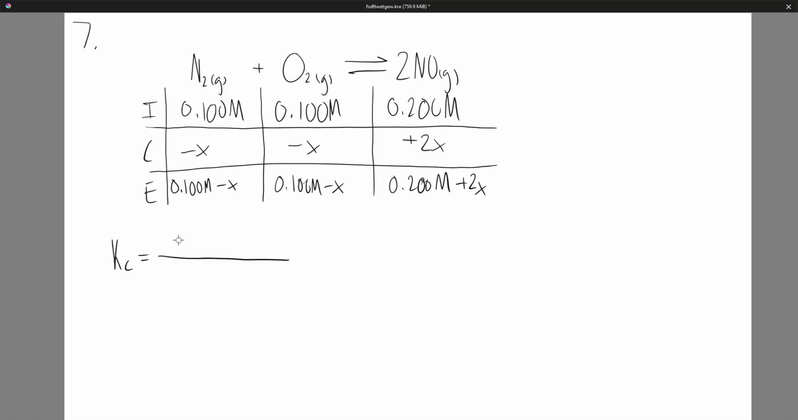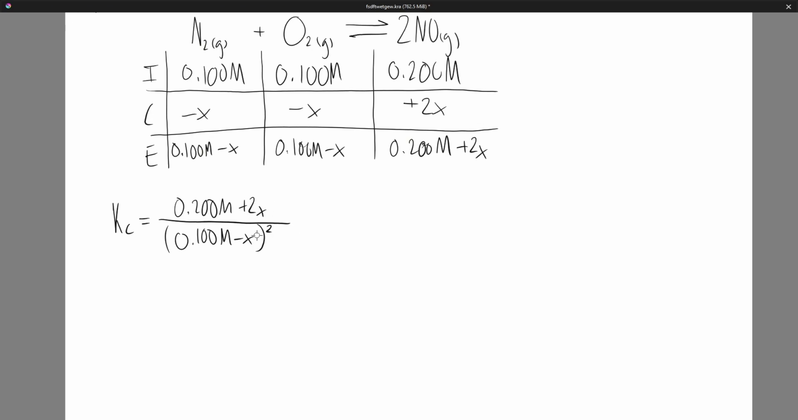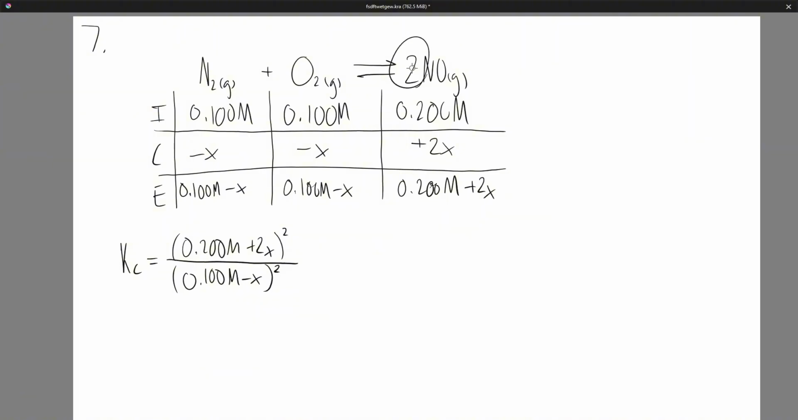So on top, it's going to be 0.200 molar plus 2x. And here it'll be 0.100 molar minus x squared, since there's 2 of them. And I forgot to put the square here too, since we still bring over the exponents for whatever has a coefficient greater than 1. So you see it's got a 2 here, you put a square here. Okay, so now